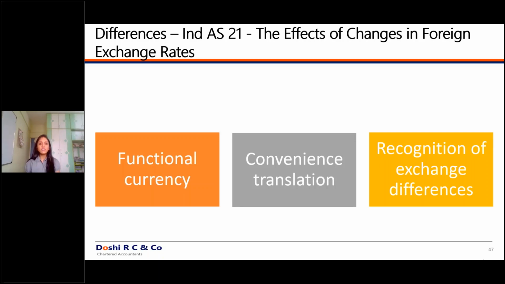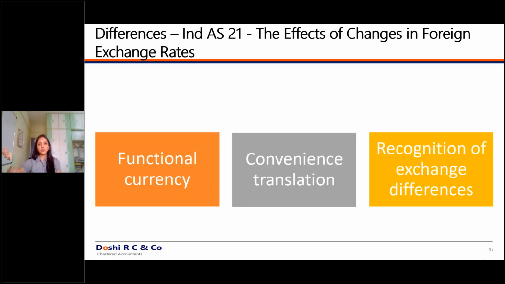Then there is a convenience translation concept given under the standard. What does it mean? For example, I have my entity called Wipro. I give my financials in US dollars also for the purpose of disclosure. Whenever I need to convert my financial statements from INR to USD, I can use one common rate and directly convert all assets, liabilities, and profit and loss